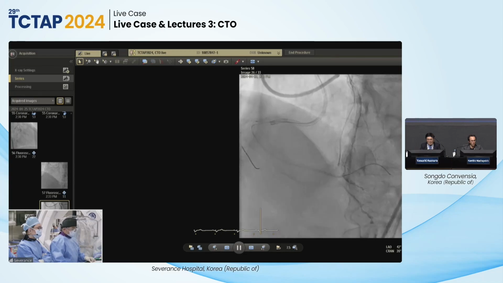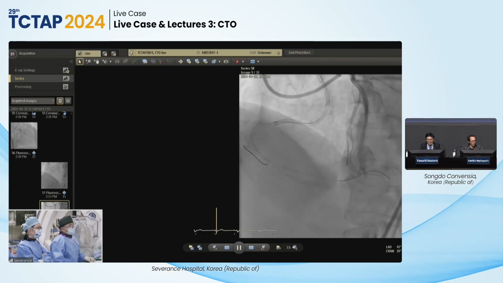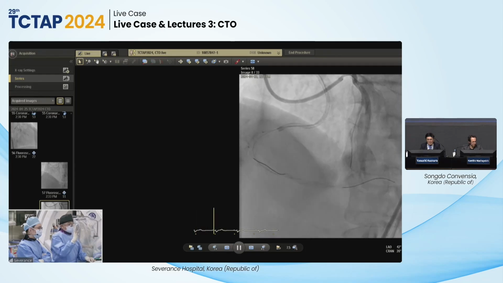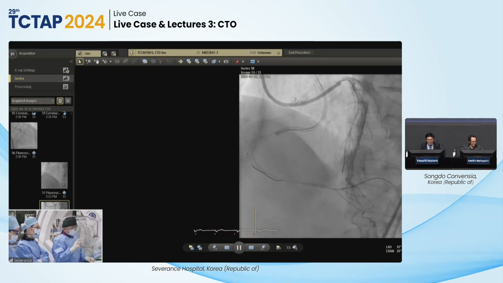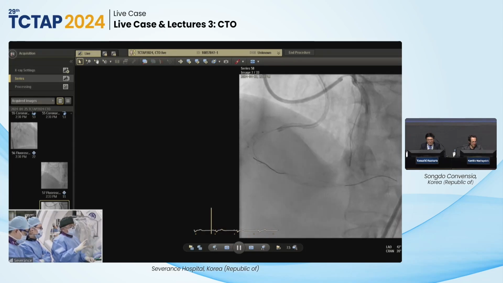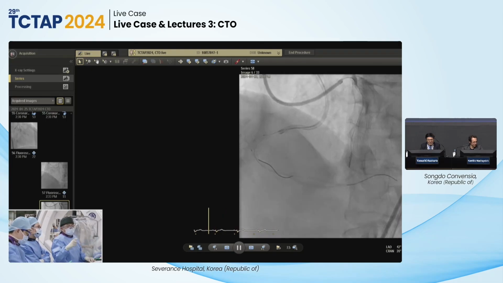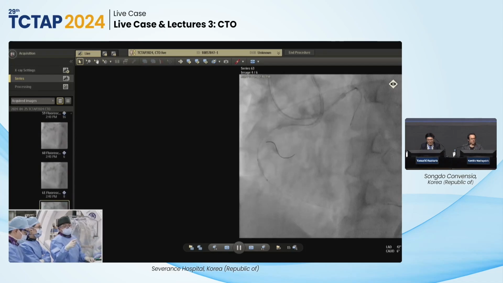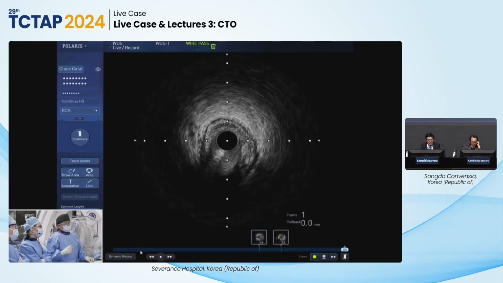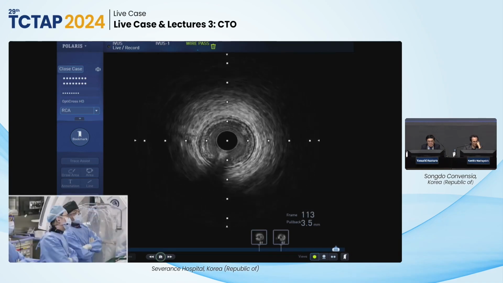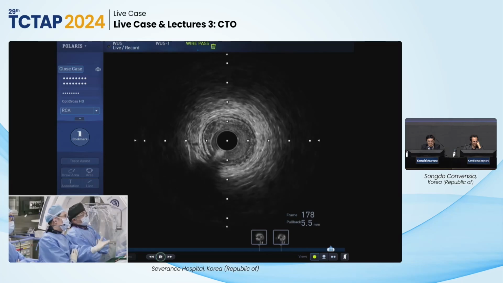Yeah. So, okay, the next step will be the balloon angioplasty and the IVUS, right? Okay, so we performed the Relay 2.0 balloons from the mid to distal, and then we performed the IVUS. Could you show the IVUS, Professor Lee? So this is the IVUS image after the 2.0 balloon, and this is the distal RCA far beyond the CTO